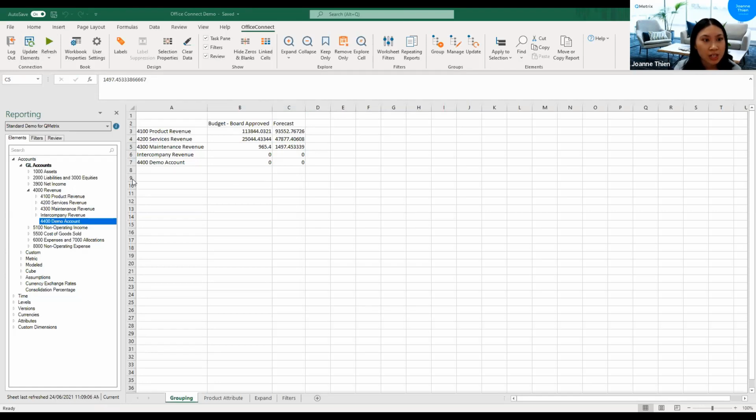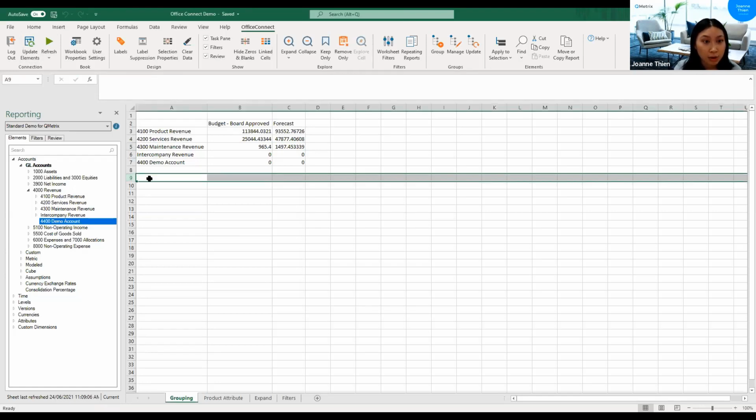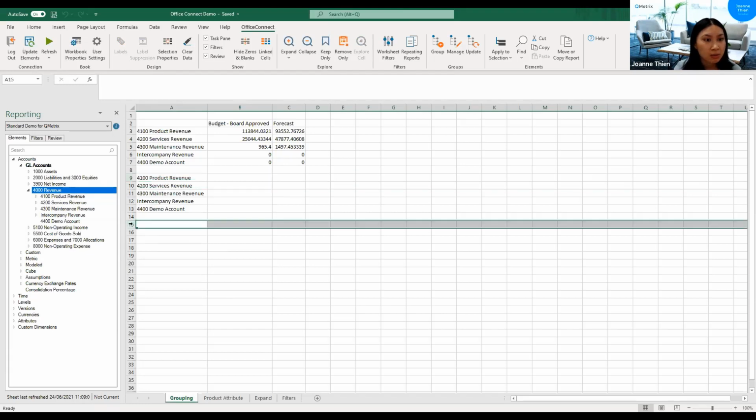So moving on to actually creating some groups, I'll just highlight a row here, row 9, and show you how I would add all of these accounts under revenue into this report. So I've just right clicked and I'll say apply immediate children as a group. There is another way to do it as well.